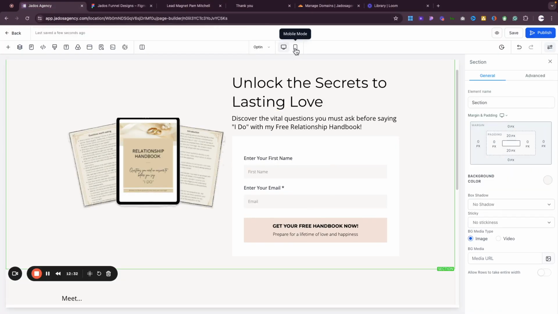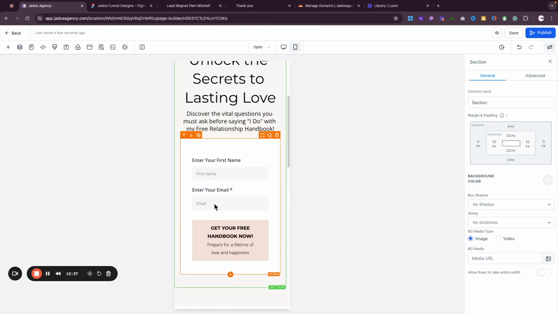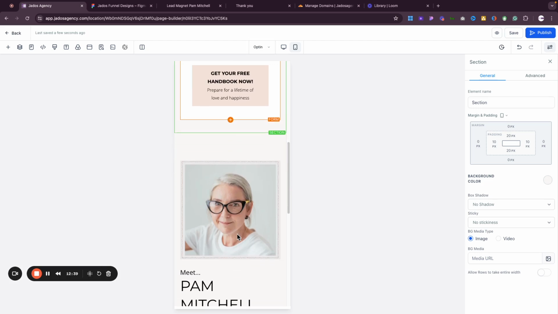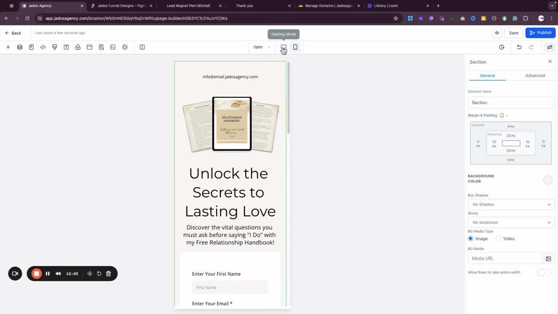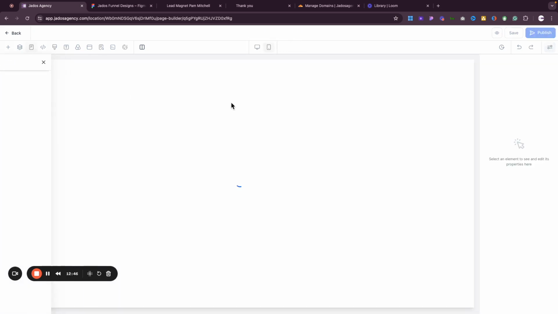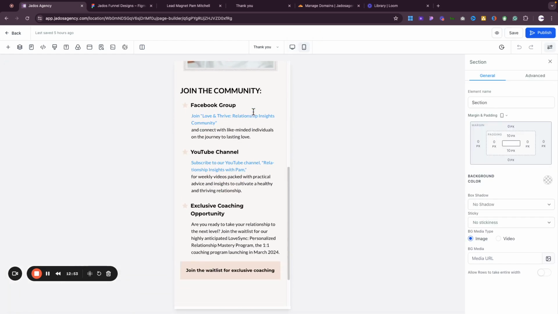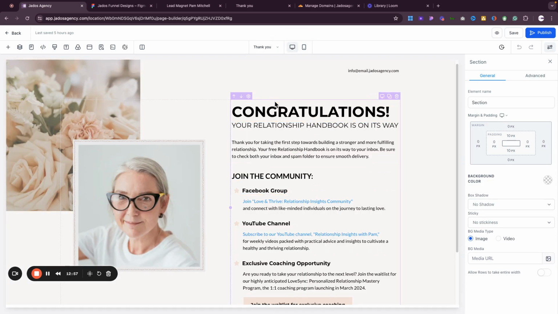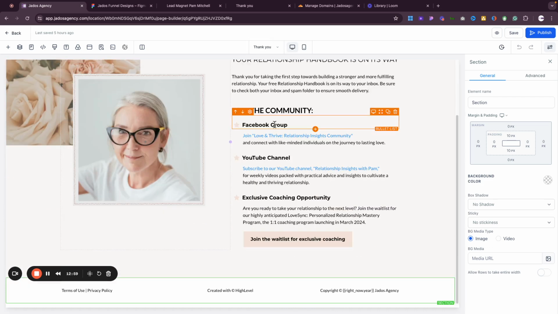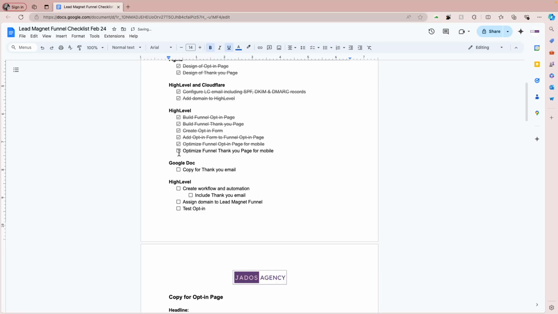So this is a case of just making sure that on the mobile view, you are happy with how it looks and make the relevant changes in the mobile view. Yeah. So far we're happy with this on the opt-in page. And you see your thank you page as well. So one thing, once you make these pages, make sure you check the mobile view that you're happy with it. Yeah. So I think we're happy with both pages on the mobile view and on the desktop.